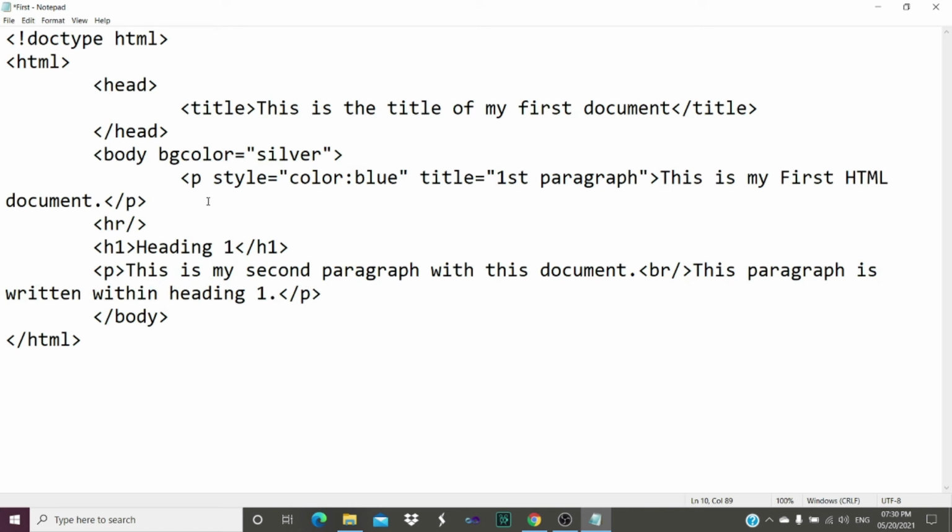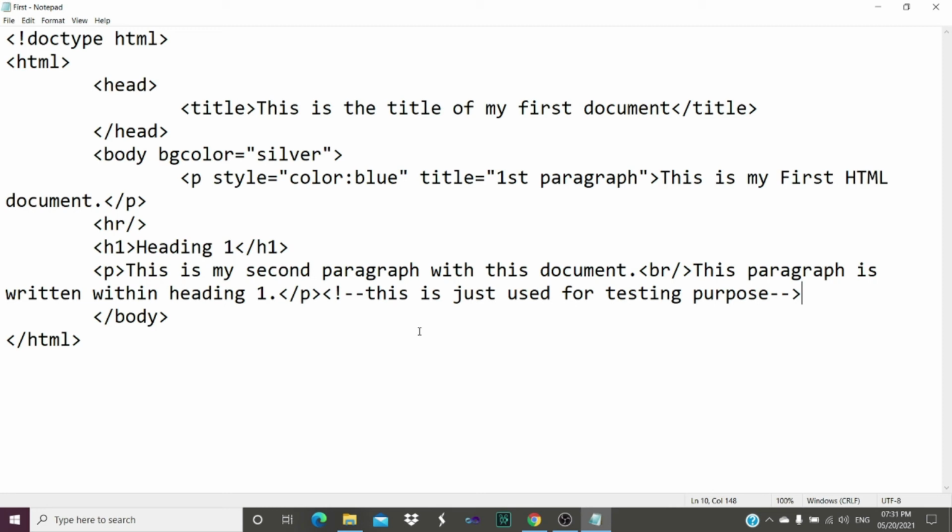So up till now we have seen first, the paragraph tag, second, the HR tag, third, the H1 tag, and fourth, the BR tag. Now the last tag that is remaining is related to the comment. So let's specify over here the comment, that is angle bracket, exclamation, hyphen, hyphen, and over here I will write that this is just used for testing purpose. I have written the comment over here, and I have ended the comment with the help of hyphen, hyphen, and angle bracket. So all 5 basic tags that we have seen within our presentation, we have written over here.